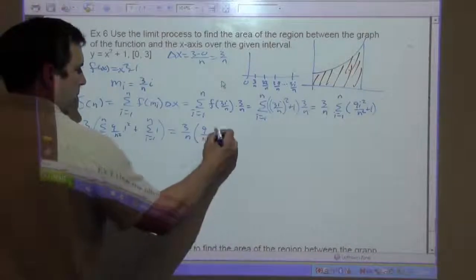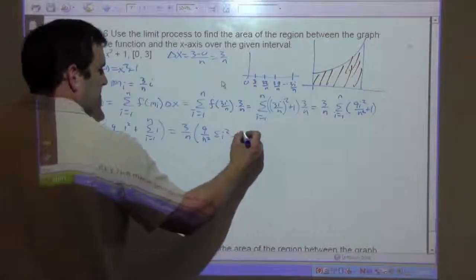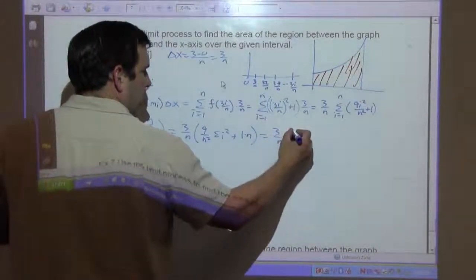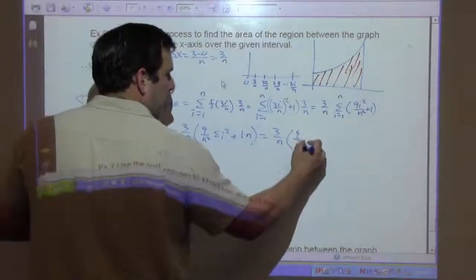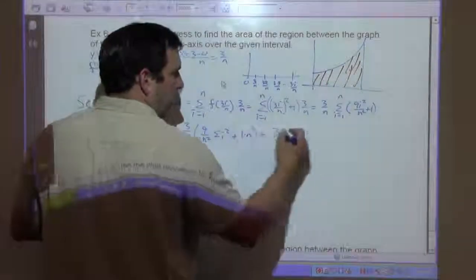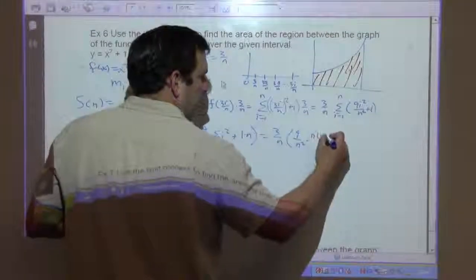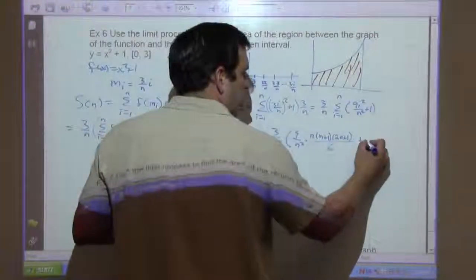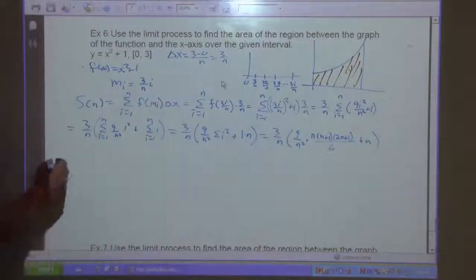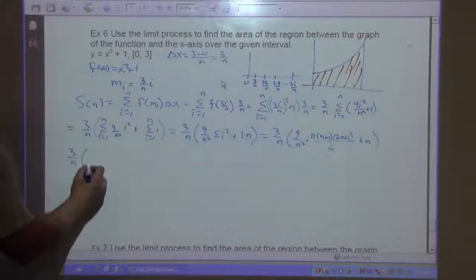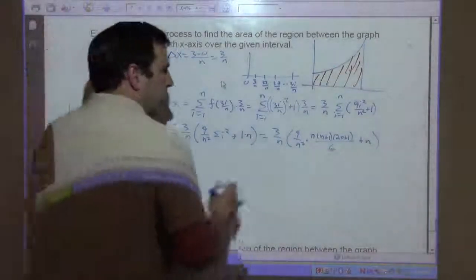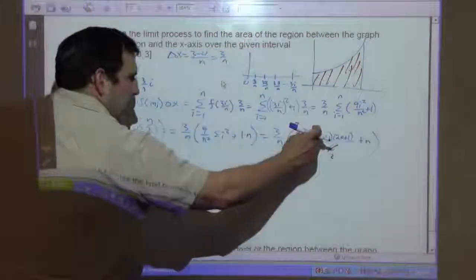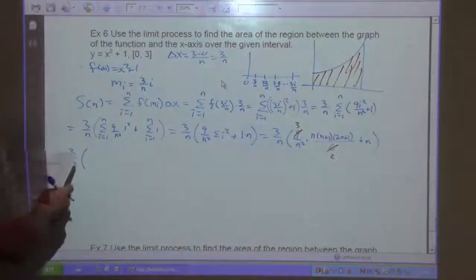We have a 9 over n squared times the sum of i squared plus this sum, which is going to be 1 times n. So it's 3 over n times 9 over n squared times the sum for i squared, which is going to be n times n plus 1 times 2n plus 1 over 6, plus n. So it's 3 over n times, and the 9 and the 6 can be reduced a little bit. So this n times n plus 1 times 2n plus 1 works out to be,